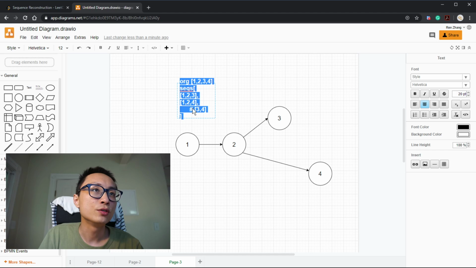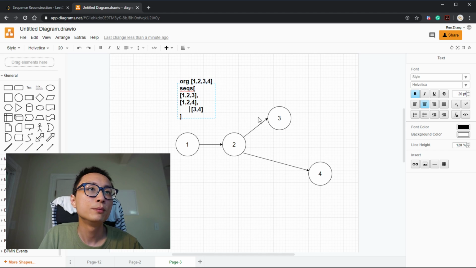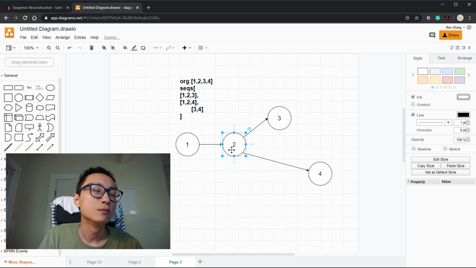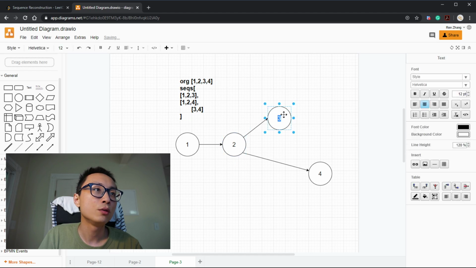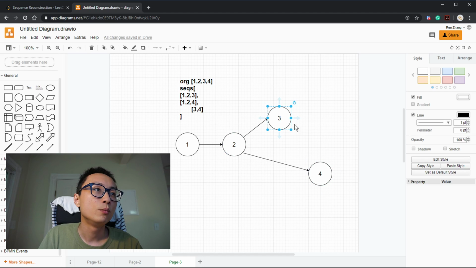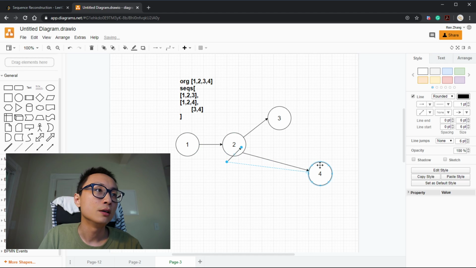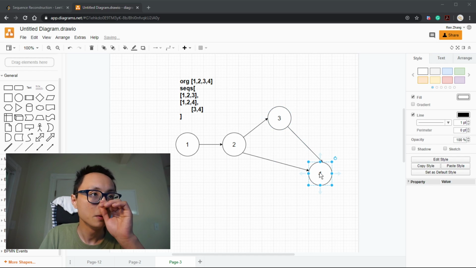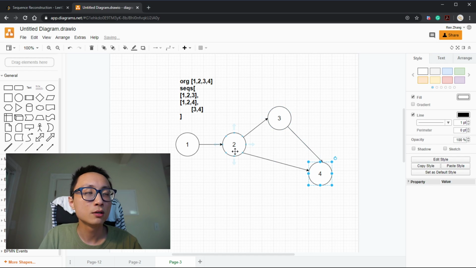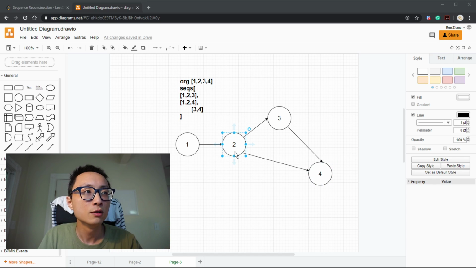If we introduce one thing here, 3 to 4, so when we are at node 2 here, we see we can go to 3, we can go to 4, but with this added information, 4 still has, excluding this node 2, some other nodes that should come before it.